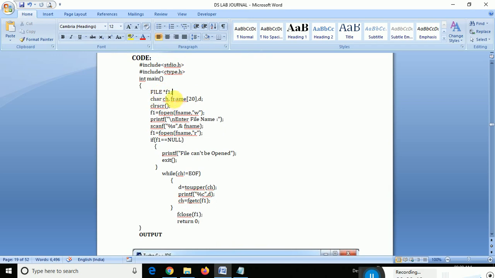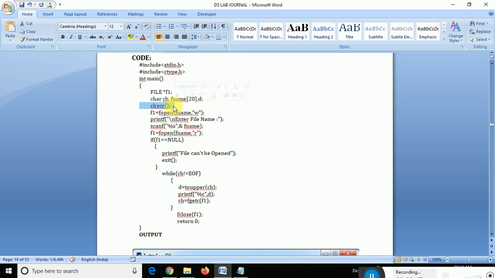So same thing. Now I have taken the file. Instead of fp, since we have to take fp again and again, I have changed it to *f1. Now character ch, fname, that is the file name, and d I have taken as a variable. Next, clear screen.